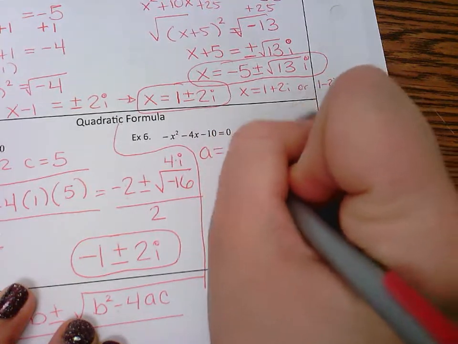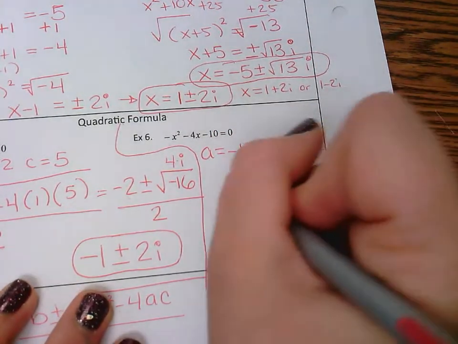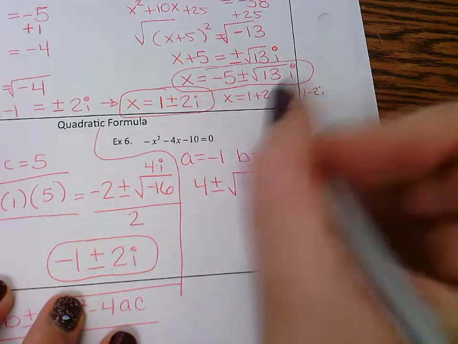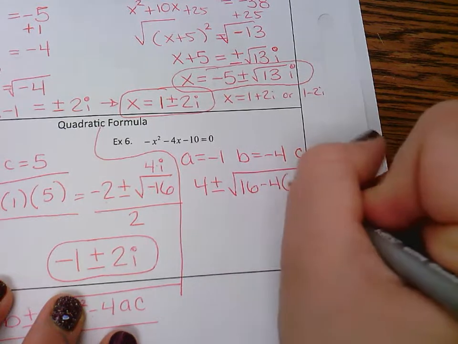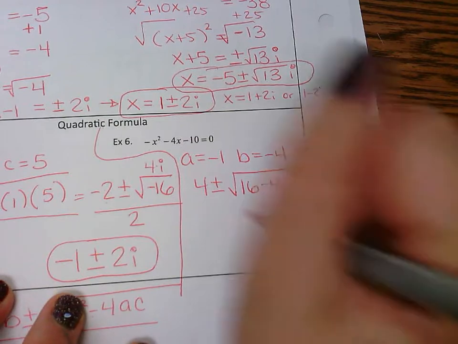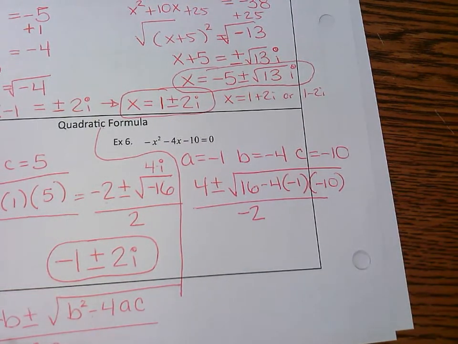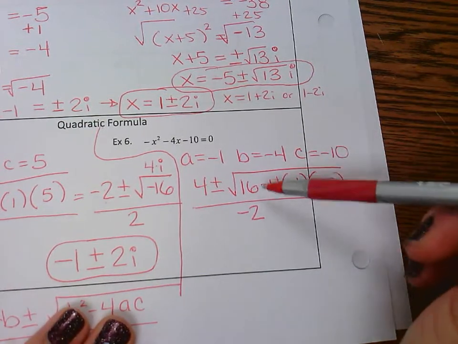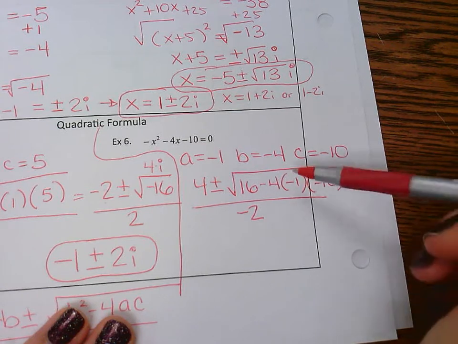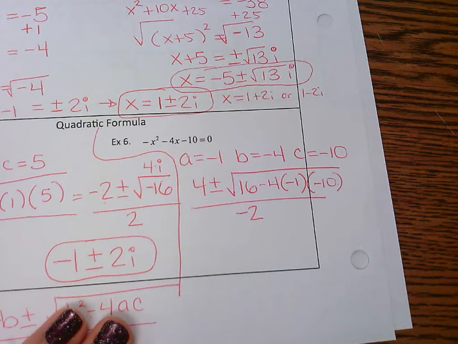A is negative 1, B is negative 4, C is negative 10. The opposite of B would be positive 4 this time, plus or minus the square root B squared minus 4 times A is negative 1 times C is negative 10 all over 2A. So negative 2 is my denominator this time. This is 16 minus 40, right? Negative 4 times 1, negative 1 times negative 10 would be negative 40. So what? 16 minus 40